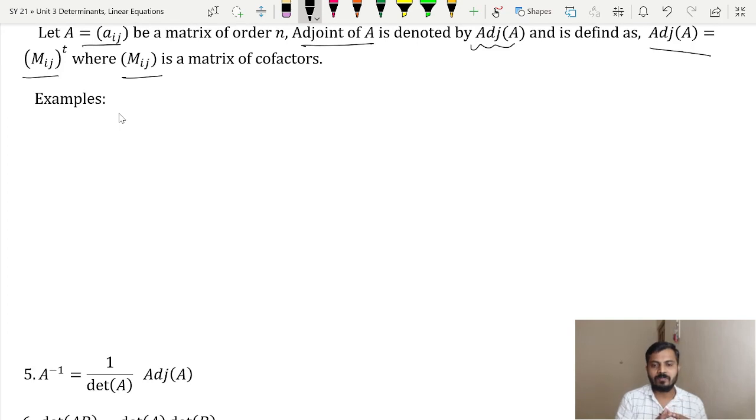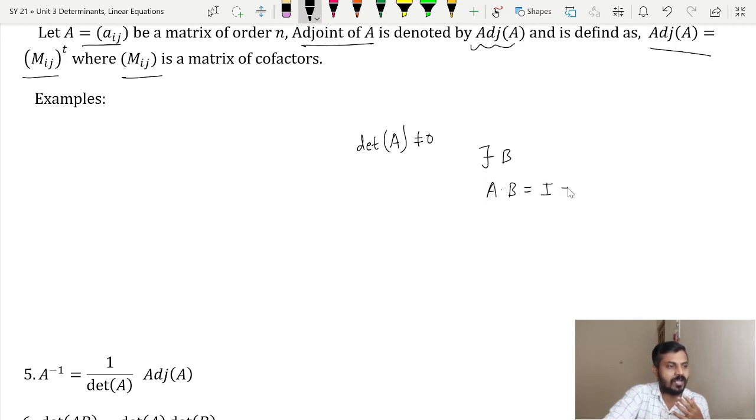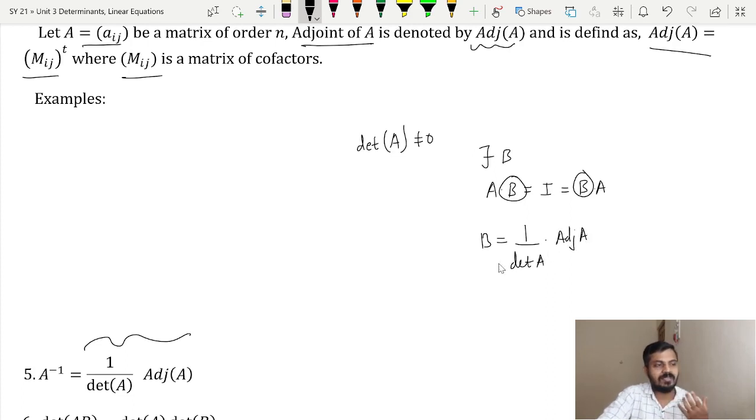Now as we talked before regarding the definition of an invertible matrix, there I asked you one question. We were interested in finding what? Suppose we have a certain matrix A and we know that the determinant of this matrix is non-zero, and we know that the inverse exists. I mean, there exists a matrix B such that A multiplied by B is equal to I, which is equal to B multiplied by A. And the question is, what exactly is this matrix B? That matrix B is given by this formula. This B is nothing but 1 upon determinant of A multiplied by adjoint of A. And this B is called the inverse of A.